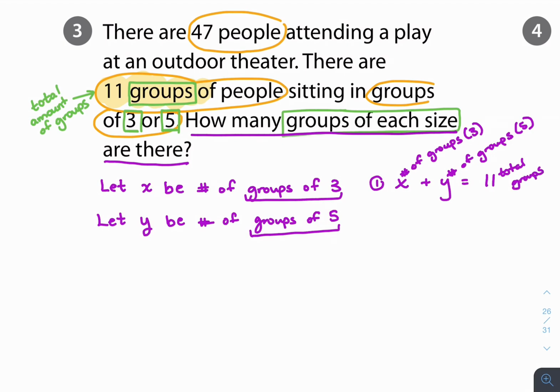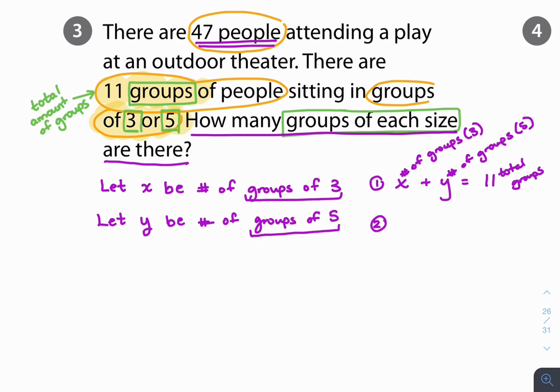Alright, so that's my first equation. And now my second equation is going to show how there are 47 people total. So if x is the number of groups of 3, if I have one group of 3, that's 3 times 1, because x would represent the one group of 3 and 3 would tell me how many people were in there. So what I'm going to use in order to write the second equation is this part right here,